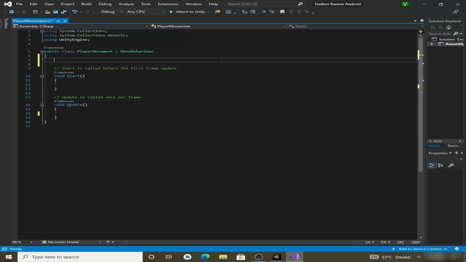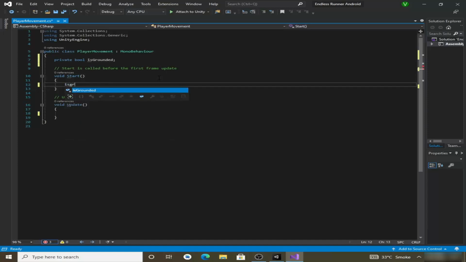So we will quickly make some variables for our player movement script. The first variable is private bool isGrounded. This isGrounded variable will help us to determine whether our player is standing on the ground or not. Whenever our game starts, our isGrounded variable would be false by default,